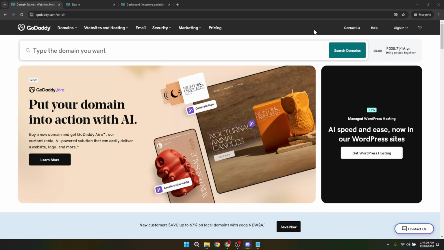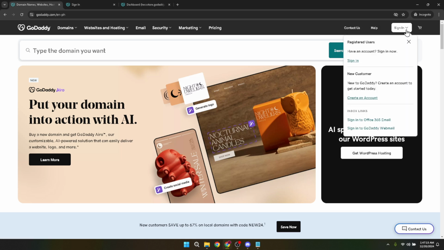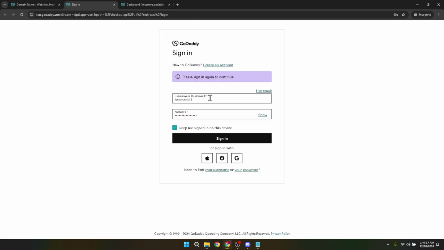And of course, signing in is pretty straightforward. You'll be prompted to enter your username and password. Take your time to make sure you enter them correctly to avoid any access issues. Once your credentials are entered, go ahead and click the Sign In button. This is your gateway to accessing the plethora of features Godaddy offers, including the website builder where you'll work your